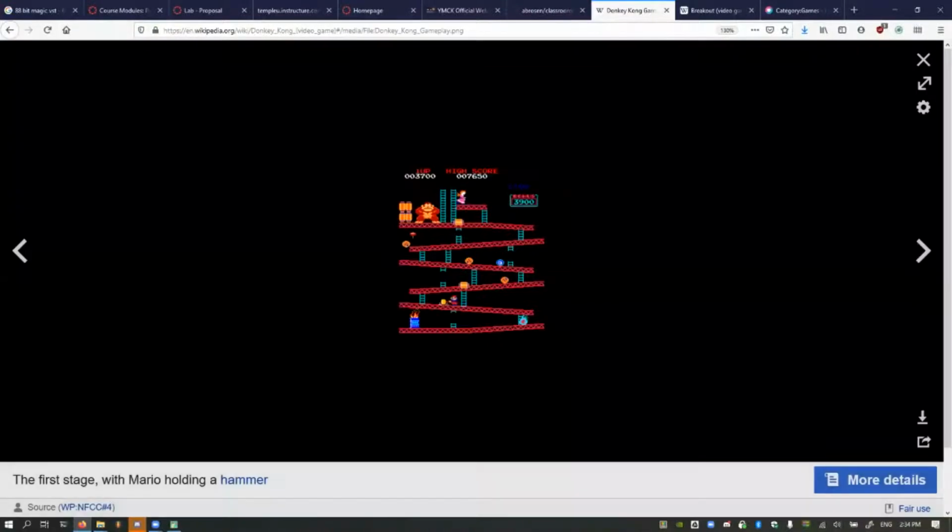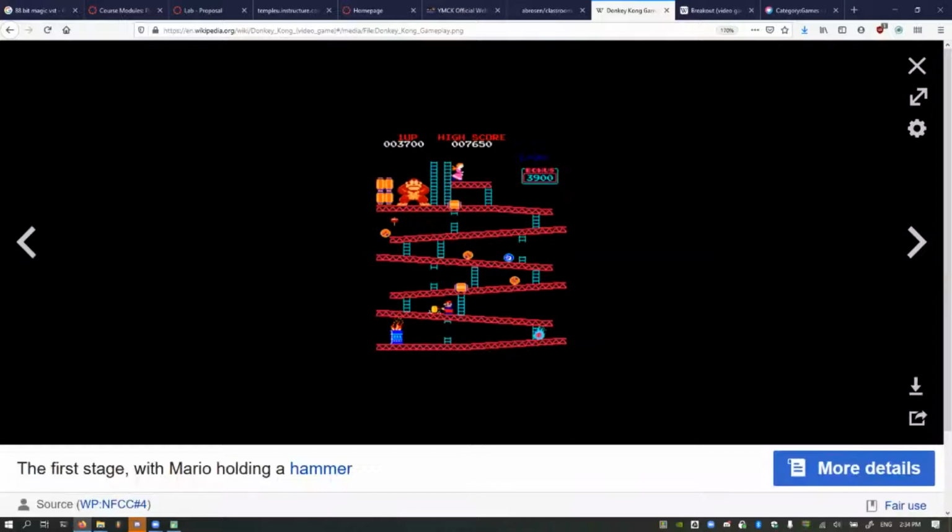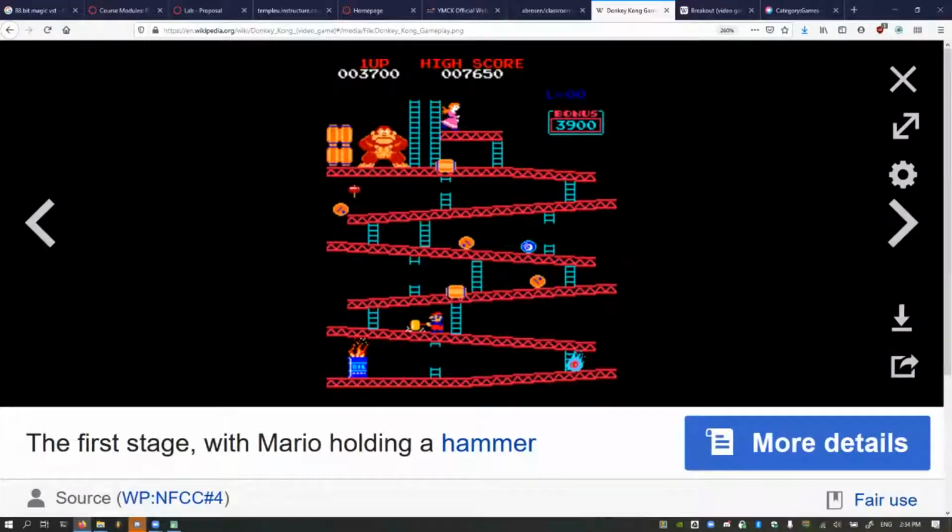So this kind of game, basically all it is, you have this very poorly controlled Mario. He jumps over barrels and tries to go up. You can also climb up the ladders, but the barrels might or might not come down the ladder. So that makes it tricky, because you're faced with the choice of trying to jump over the barrels or climb up the ladders.